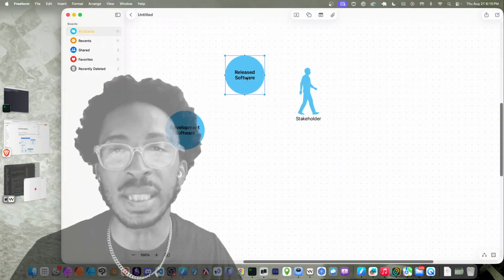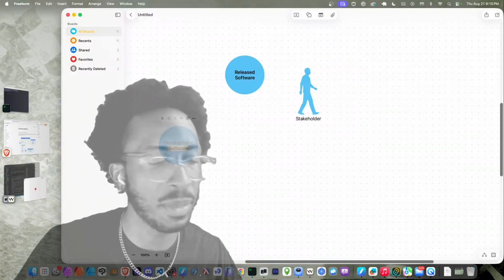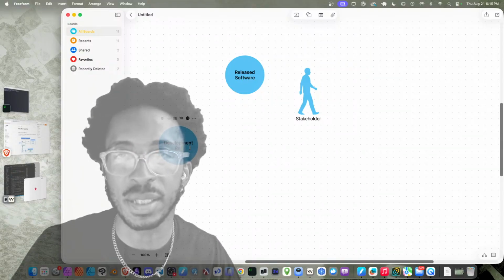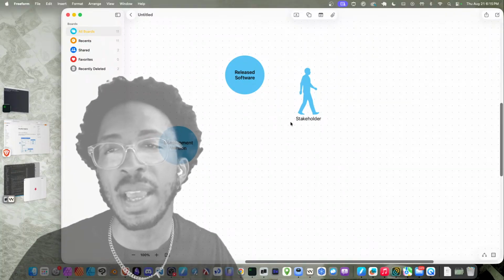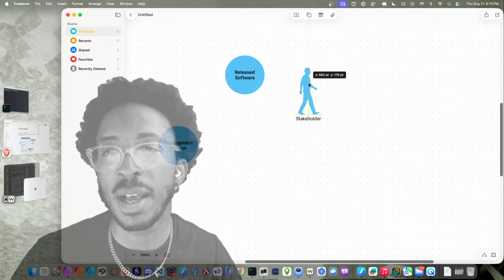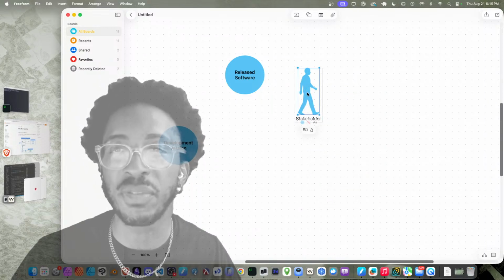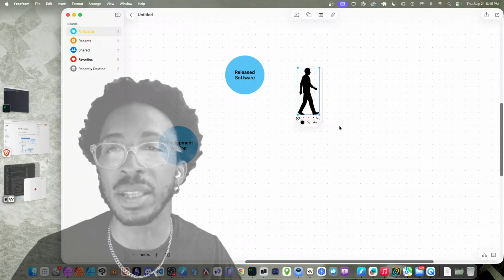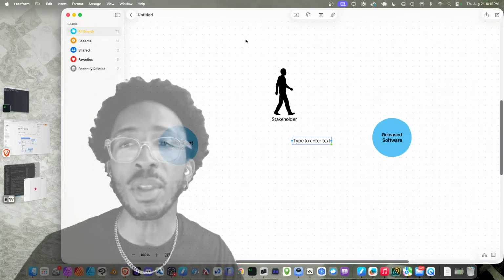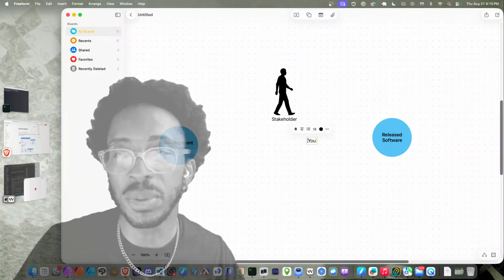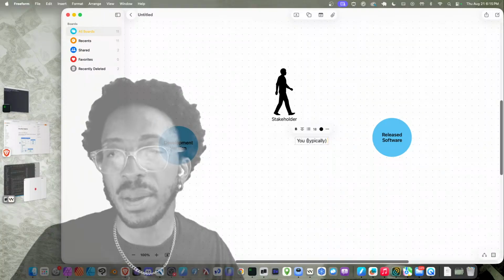So we have our released software, our development software. We can call this the development release. Let's just call it development version. That's fine. And we have a stakeholder here. This stakeholder is really the thing or the person that we're trying to satisfy in this equation of how we're making the software. The number one thing to remember when you are an engineer versus an artist is that you typically, and we'll put that in parentheses, create